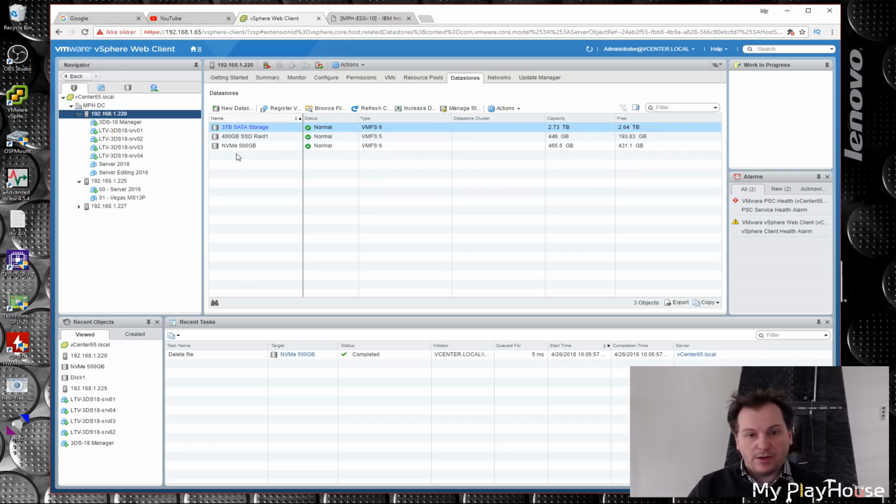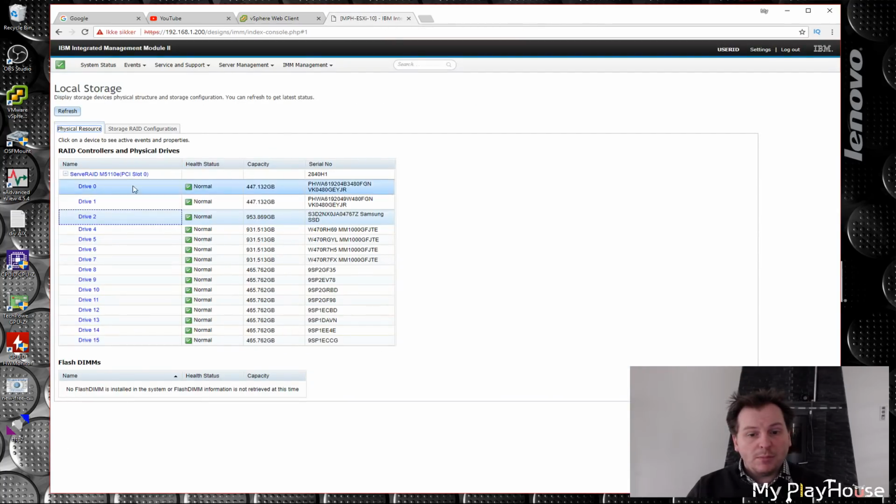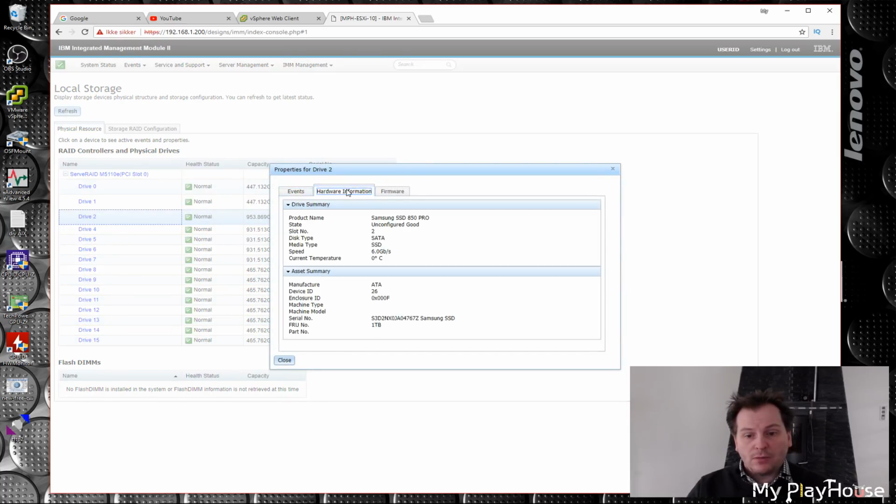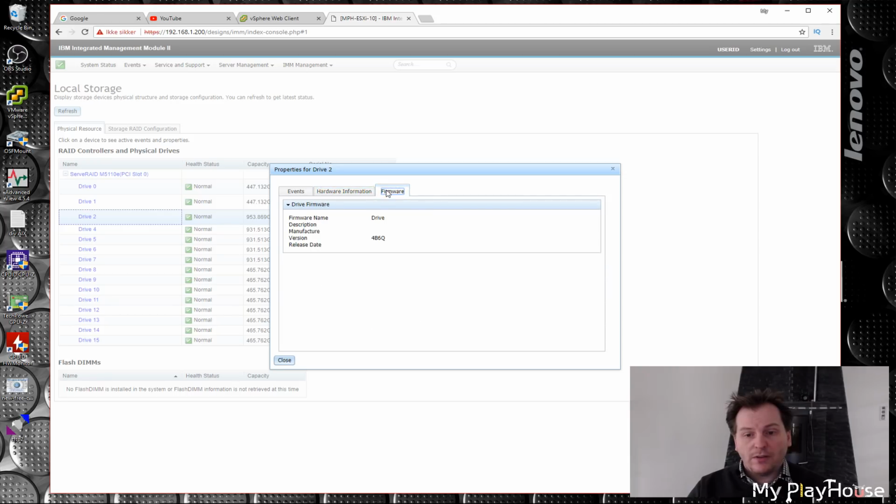available storage in there. Right now it sees I have a 3 terabyte array, and then there are the 2 480 drives that are in RAID 1, and then there is the NVMe drive. I did go check in the IMM here that it actually does see a drive 2 here. It sees the Samsung disk right there. We can get some more info on it, some hardware information, some firmware info, but we can't really do anything